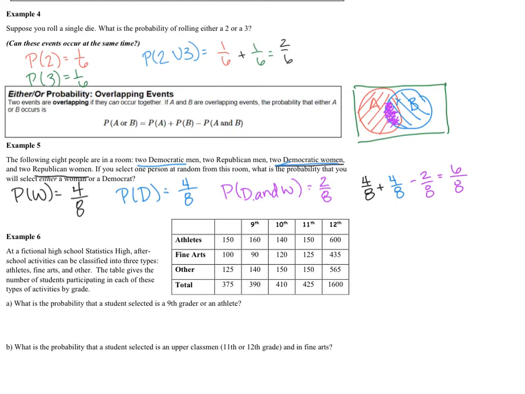And again, I'm doing this because in this process, I've counted the women, the 2 Democratic women twice here, and the 2 Democratic women twice here. So I have to go back and subtract it off once. That's how I get 6/8. The next example